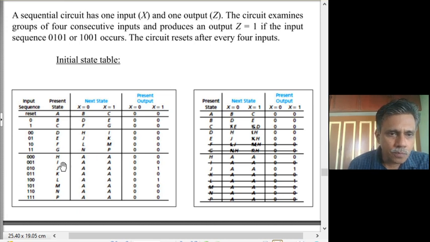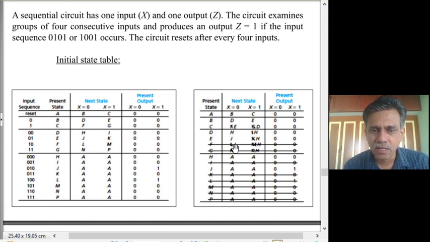Now coming to J, we can see that J and L are equivalent because same next state and also the same output 0 1 0 1. So again we can retain only one. Retaining only the chronologically first appearing state, we will retain J and remove L. So we will strike off this whole line L, and wherever L occurs we will instead put J. So now what we have done is we have reduced the states here.